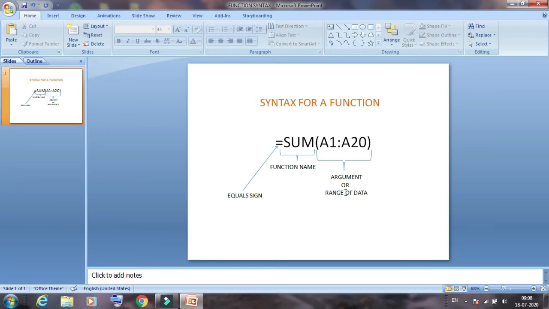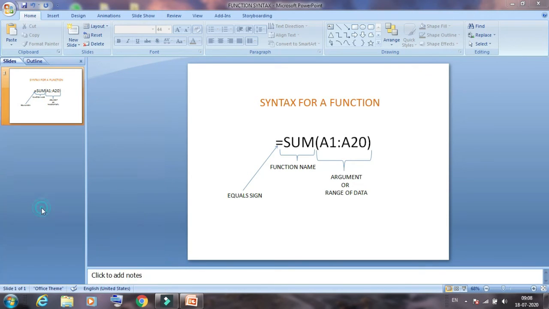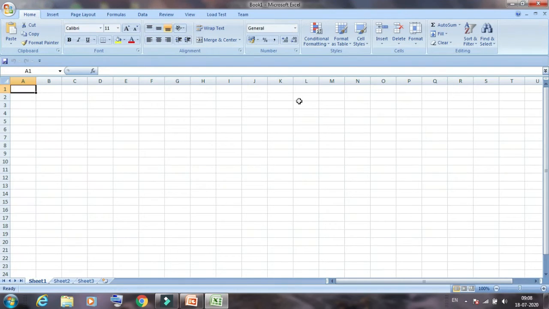Then we will understand how to create a function in MS Excel. First we open MS Excel. Click Start, then All Programs, then search for the Microsoft Office folder and click MS Excel. The window will open. In this window we will apply the formula. First we write some values.